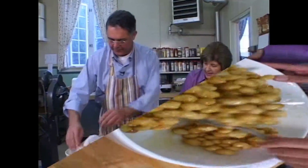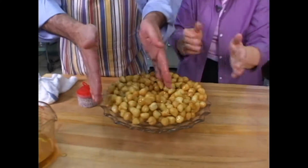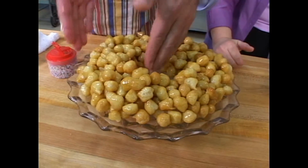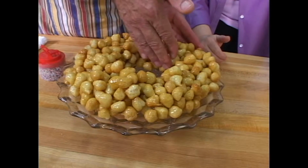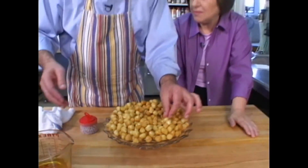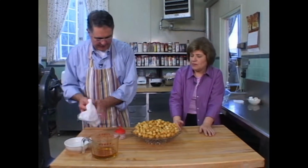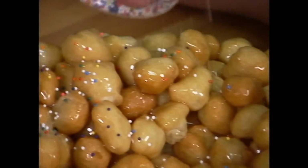Now I'm just going to form this a little bit more. That was a good trick that he just used. If you wet your hands and you want to give this a little bit more shape, wetting your hands will help you. That way the honey will not stick to your hands. Whoop, I got that one. That's mine. Okay. There. And then the final touch are just a few colored sprinkles and lightly